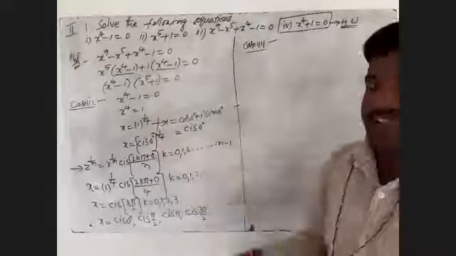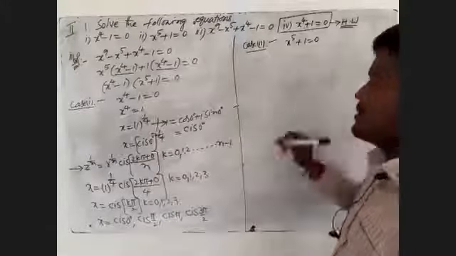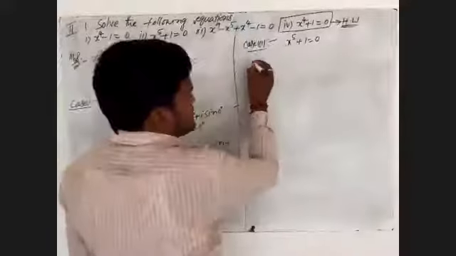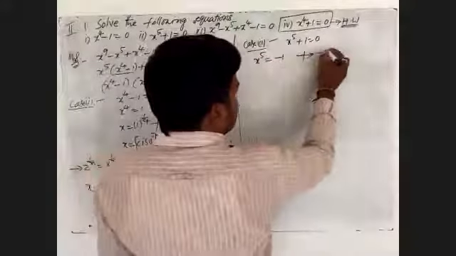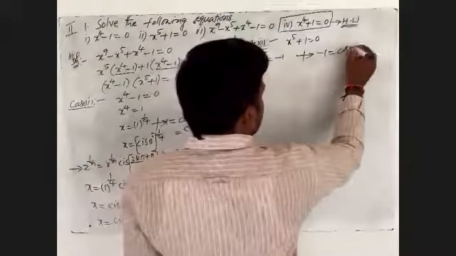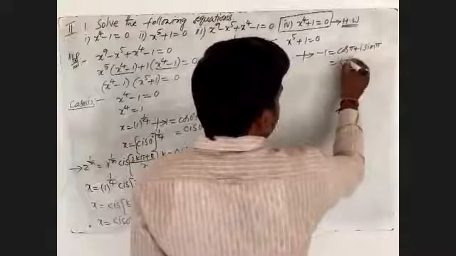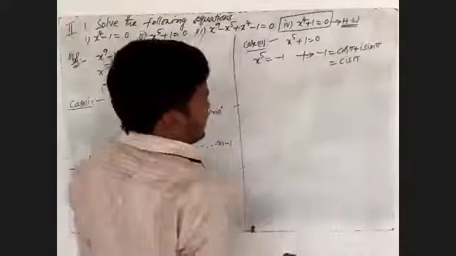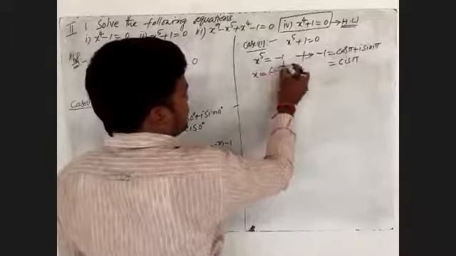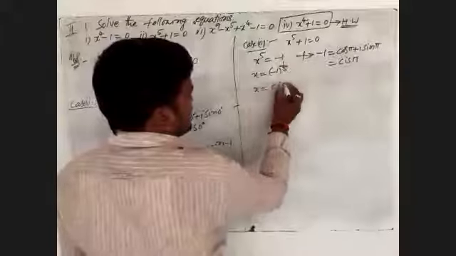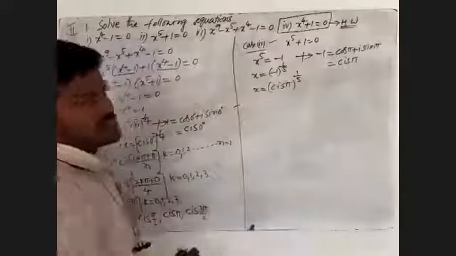Here the second one is x power 5 plus 1 will become 0. The given one can be written as x power 5 is equal to minus 1. Minus 1 can be written as cos π plus i sin π, which is nothing but cis of π. This value will become, on that side, minus 1 whole power 1 by 5. That is x is nothing but cis of π whole power 1 by 5.